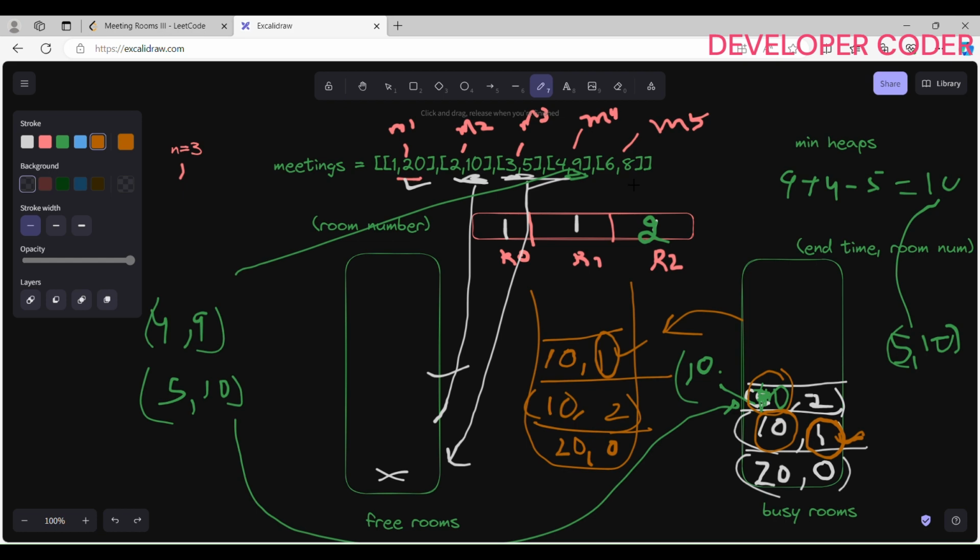Now after that comes this meeting 6,8. This meeting is going to check if any free room is available. No, so in that case it has to wait. Once the meeting 10,1 has ended, this one room is going to be available. What was the initial end time? The end time was 10 for the previous meeting. So what is going to be the end time for my new meeting? It is going to be nothing but this end time 10